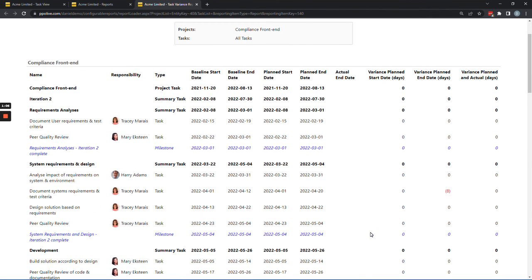Will he be able to bring it back in time so that we can still complete the project within August on the 13th? Or does he need to make some adjustments and manage the expectations of his stakeholders? Because yes, there is the Easter weekend and people have taken leave, so Tracy is battling to finalize or can already see that she is not going to make that planned end date. So here you'll see the document system requirements and test criteria task has been slipped from the original planned end